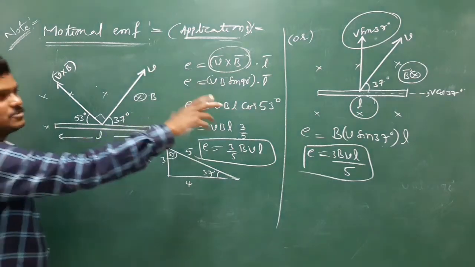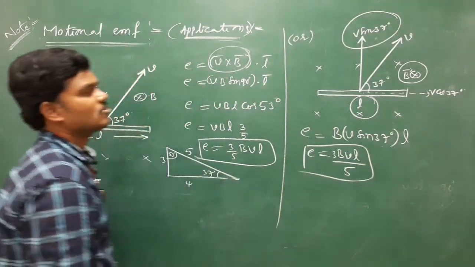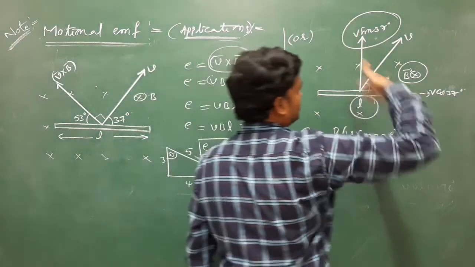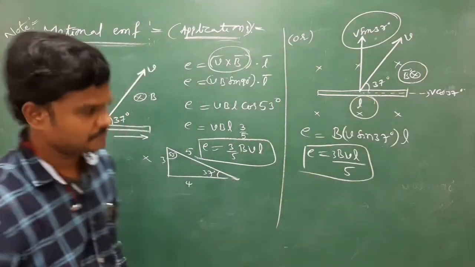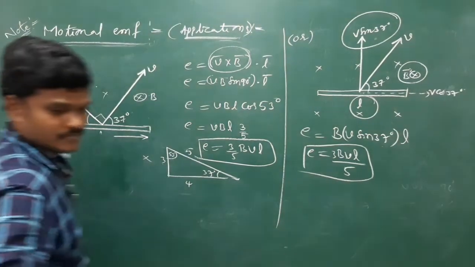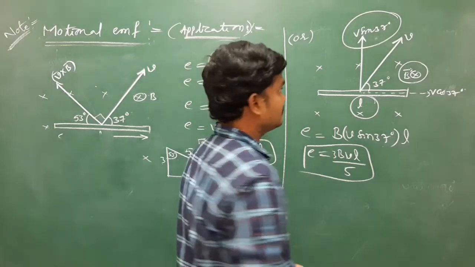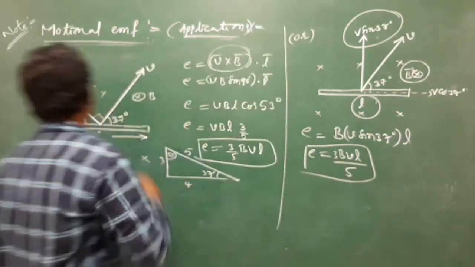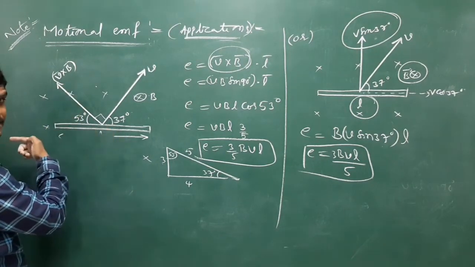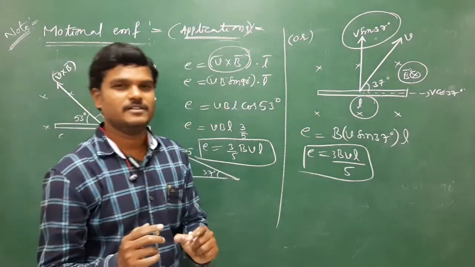But to identify the direction of the induced current, you have to replace this rod with a battery. The rod is moving like this, and the field is inward. I will show. To know the direction of the induced current, see V cross B and L. The resultant is in this direction. How? Otherwise, use one more way.